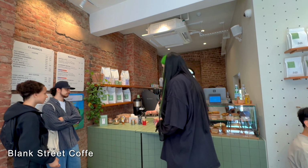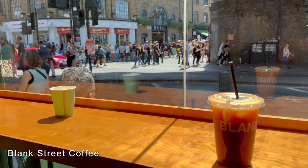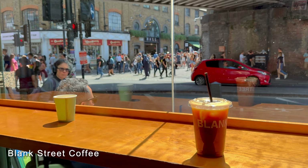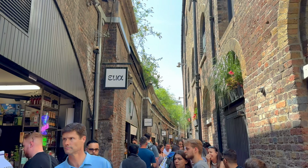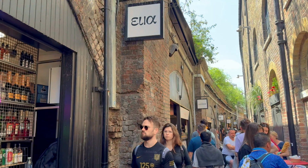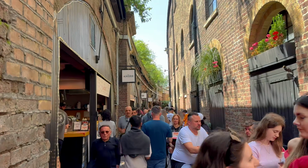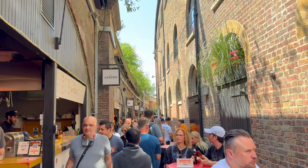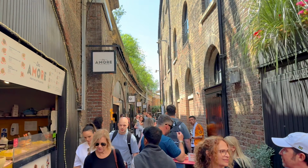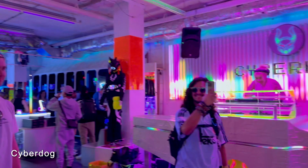After that beer, I could feel the red eye already catching up to me, so needed to grab some iced coffee, so stepped into Blank Street for a quick iced Americano while I continued my walk through Camden Town. Camden is a crazy part of the city, but I love it. There's lots of cool shops, good restaurants, lots of things to do. So it was a great start to the journey as I made my way to some of the more touristy stuff in the